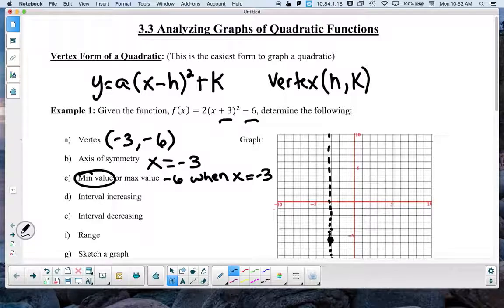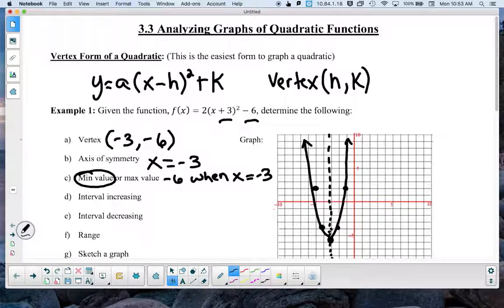All right, so let's go ahead and plot a few more points. You could make a table of values if you want to. You can plug in points, but I'm just going to go ahead and put a few over here. At -1, if you plug that in, you're going to get back a y value of +2. Again, that's symmetric, so I can put it on the other side as well. Those are the only points that are going to fit on my graph, so we'll go ahead and connect this happy